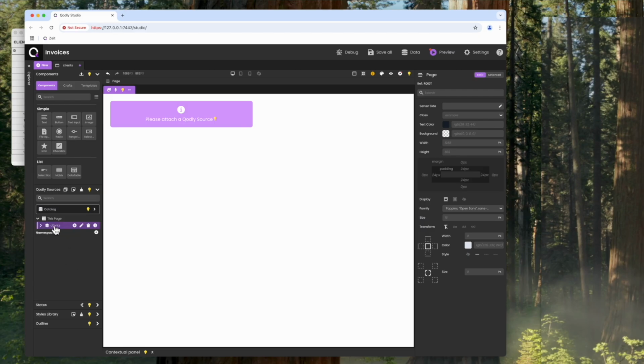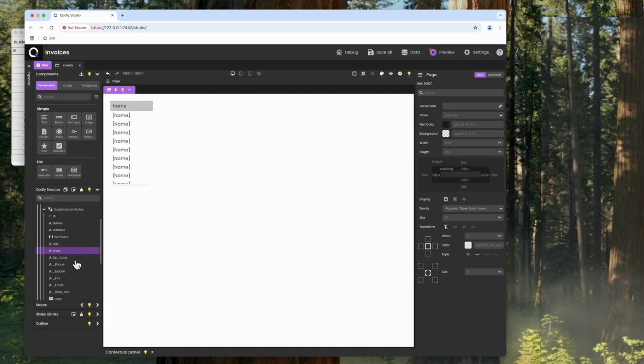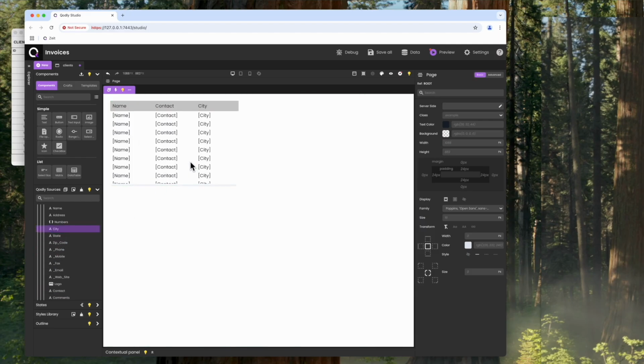And it has created now one data class clients. And I can drag and drop it directly on the list box. And next thing it tells me I need columns. So if you open clients, we have all our fields. And I can just drag and drop name. Let's also use the contact. And maybe the city. And that's it. So if I save it and go to preview,